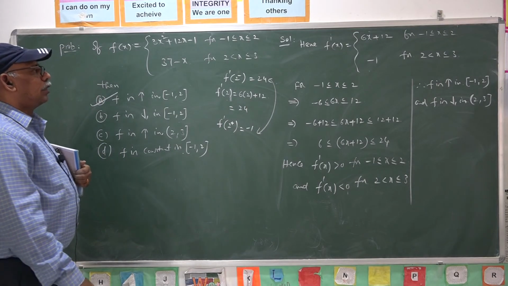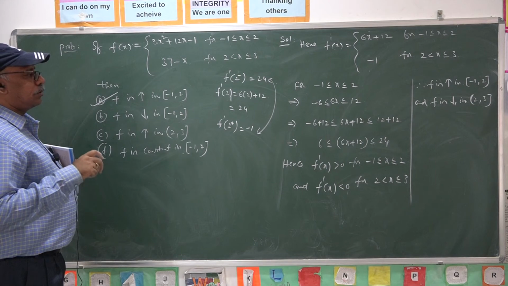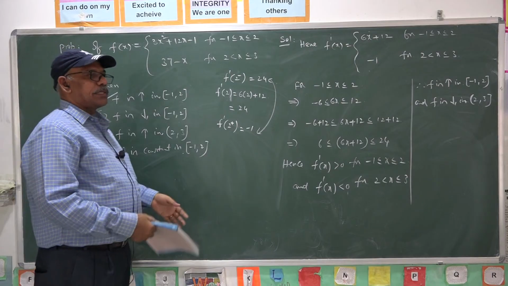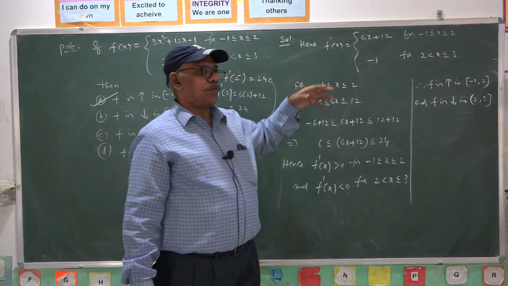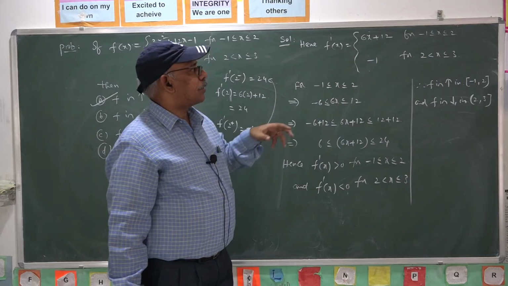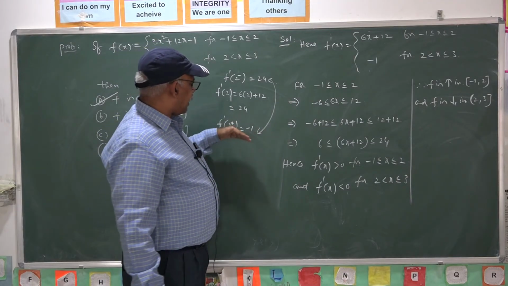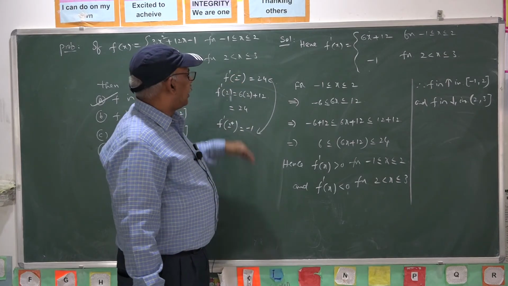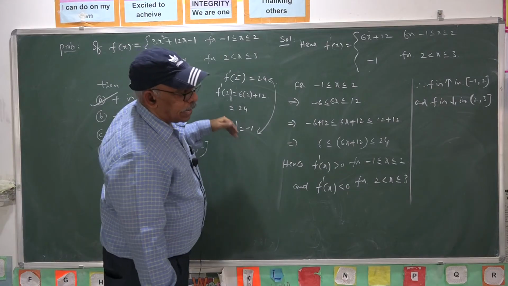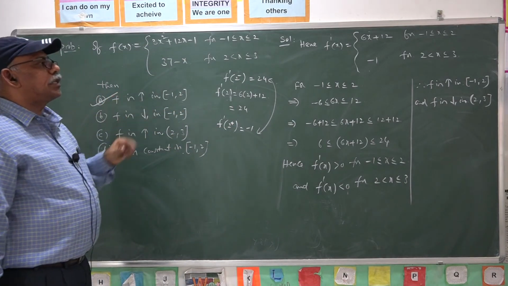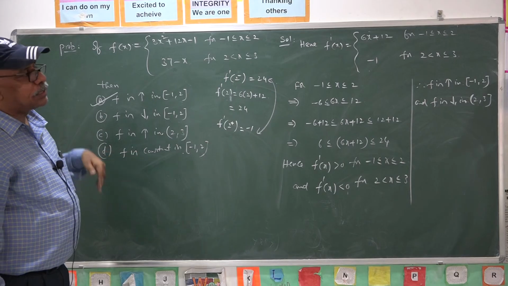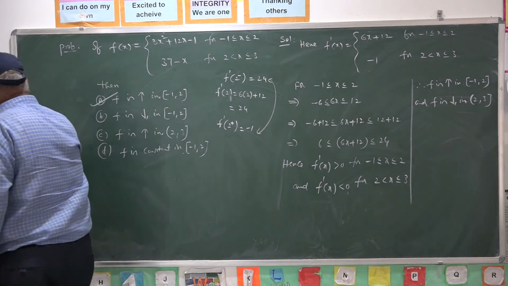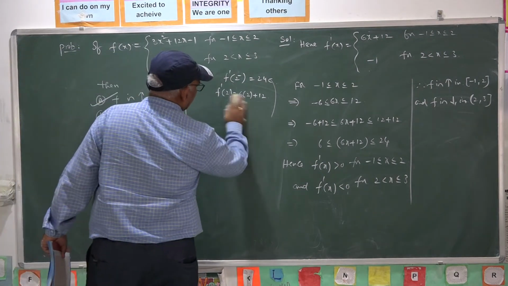Hence, f dash 2 actually does not exist at x equal to 2. In this case, at x equal to 2, the derivative of the function is not defined, because the right derivative is -1 and the left derivative is 24. Hence, you can say that at x equal to 2, the first derivative does not exist, hence it is a critical point. Moreover, critical point in the sense there the point is stationary.